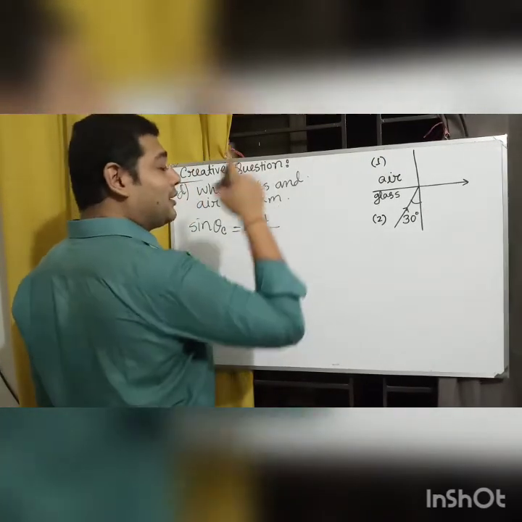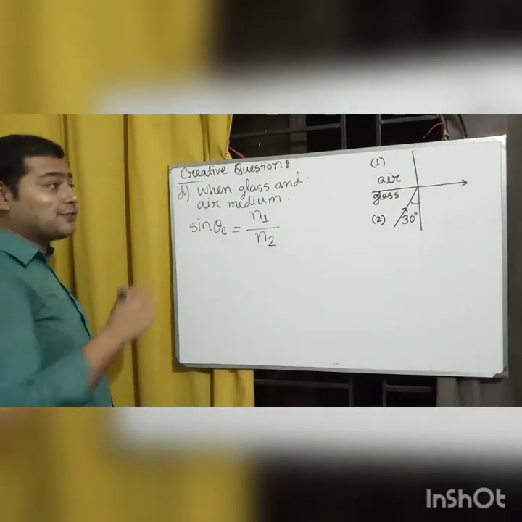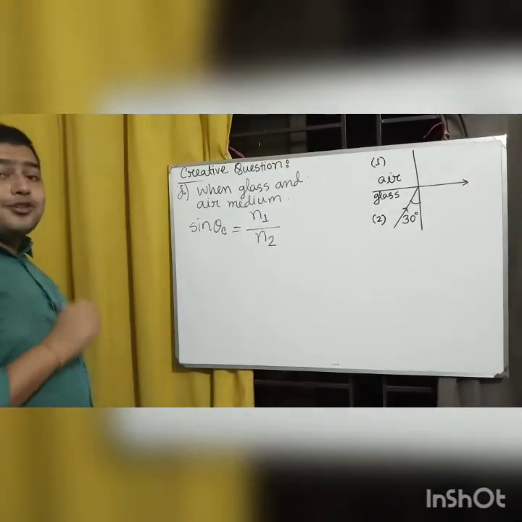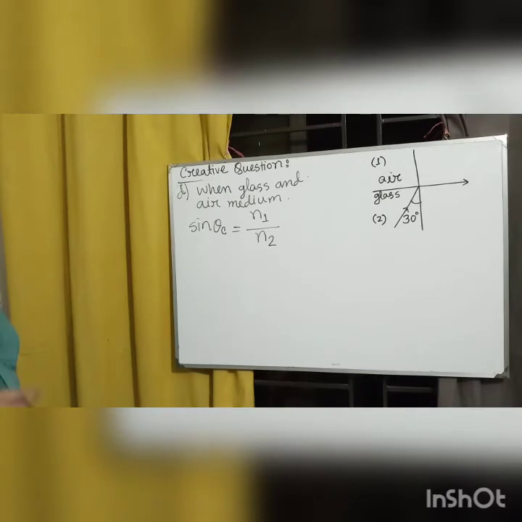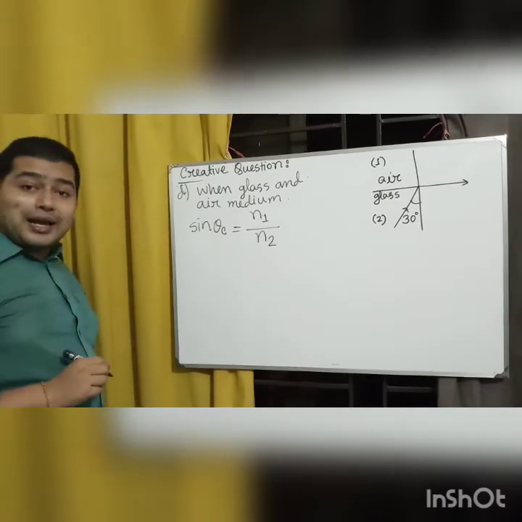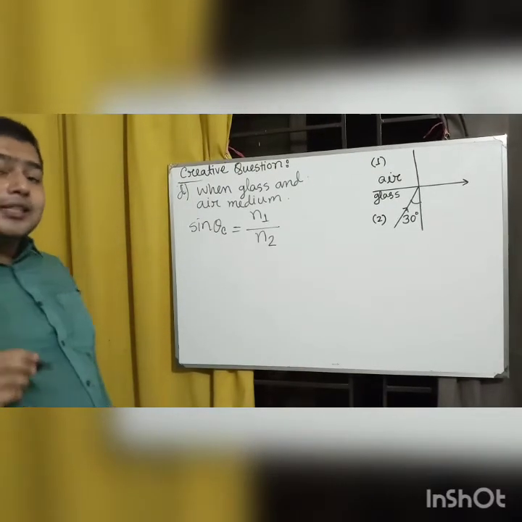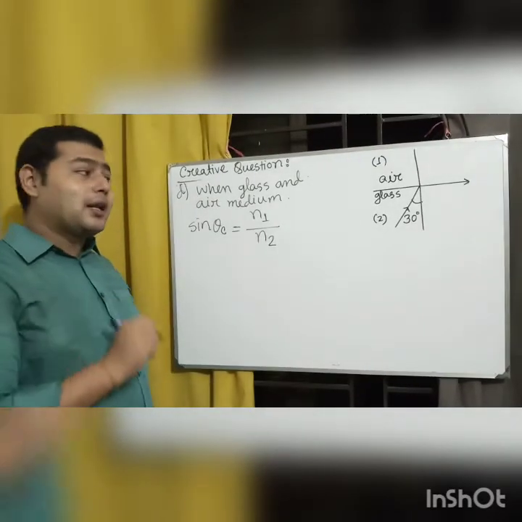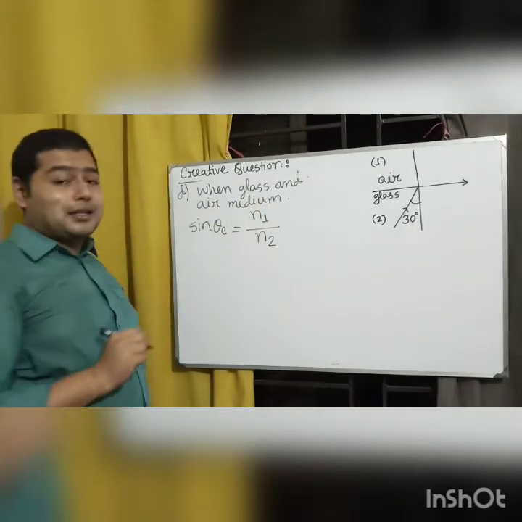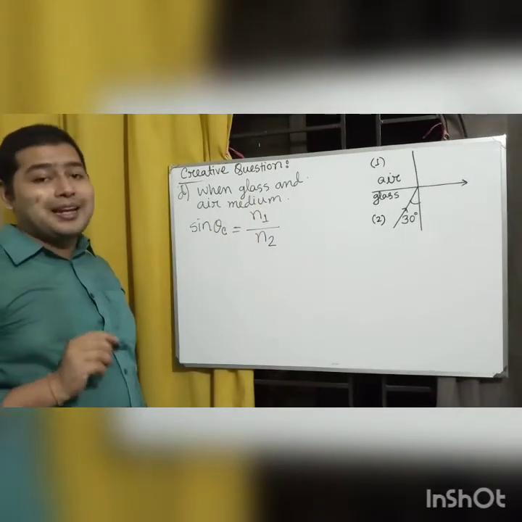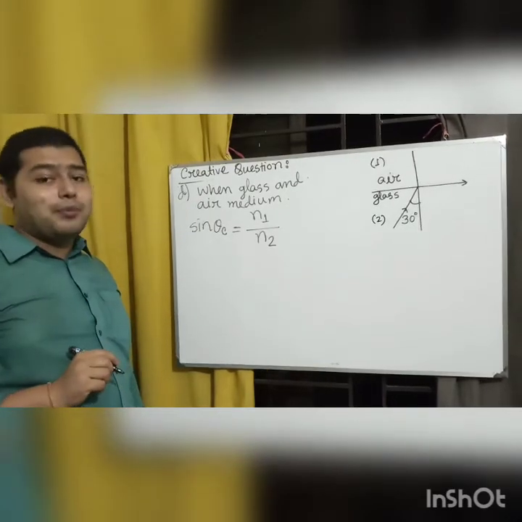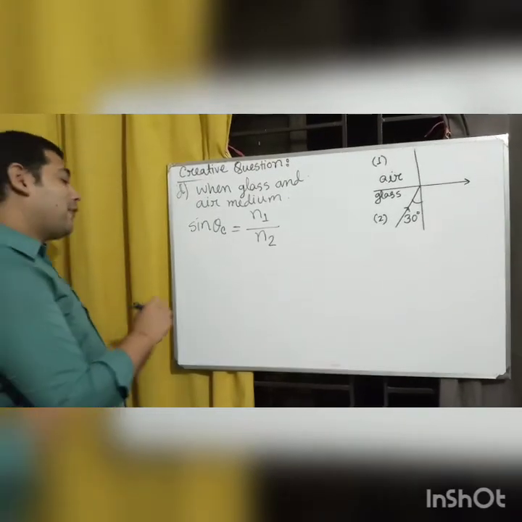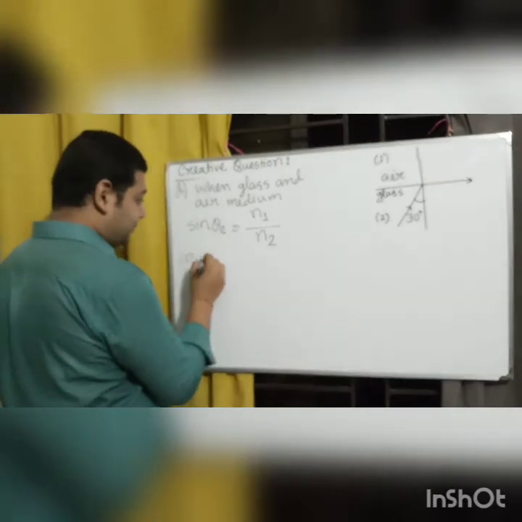Here n1 is the refractive index for air and n2 is the refractive index for glass. We know that the refractive index of air is 1, and we also know that the refractive index of glass is 1.5. So putting the value, we get